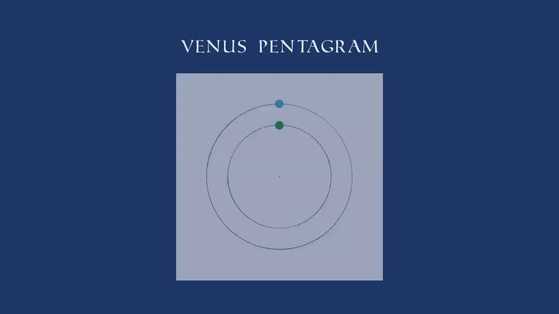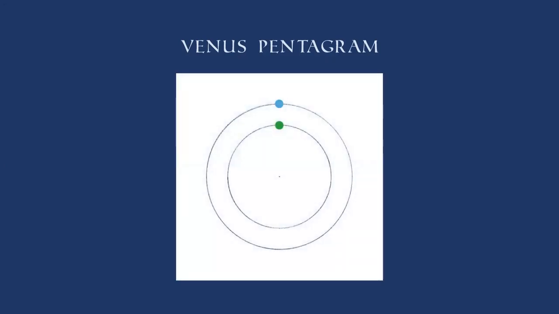Now, just to describe simply what happens, the Venus pentagram, if we have a conjunction at the top, so the sun is in the middle, Earth is on the outer circle, Venus is on that inner circle. They move around, Venus moves more quickly than Earth, and so they reach another one of these inferior conjunctions where they form a straight line with the sun at this point here. And I've drawn a line to show where Venus was and where Venus has now moved to. Now, the next time they conjunct is over here, and the next time over here. And so this is the Venus pentagram.